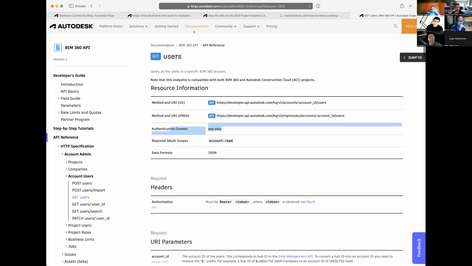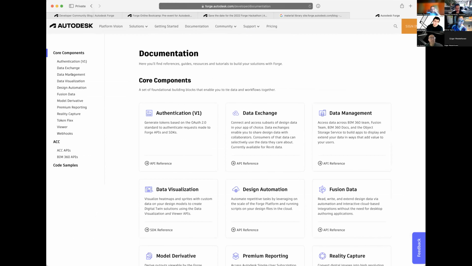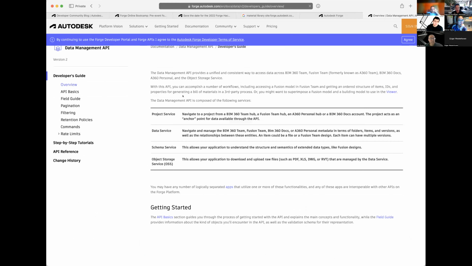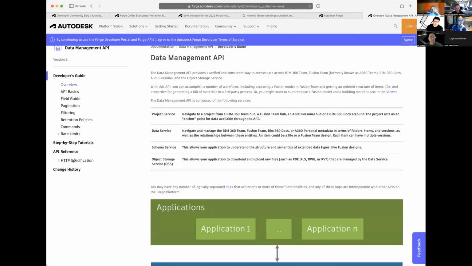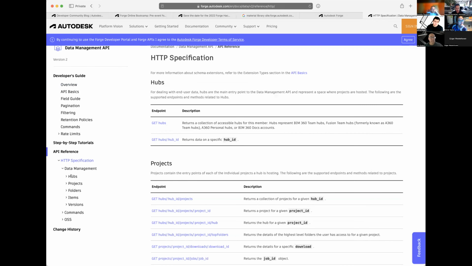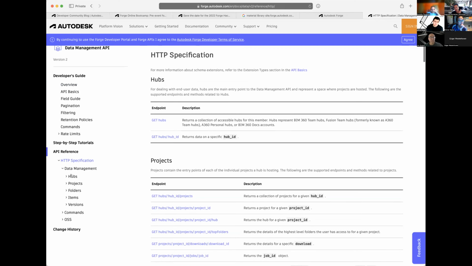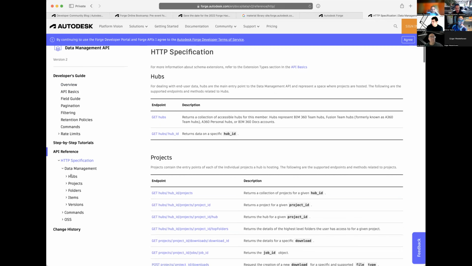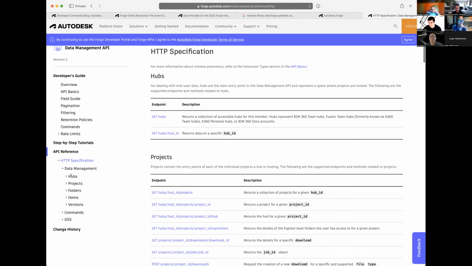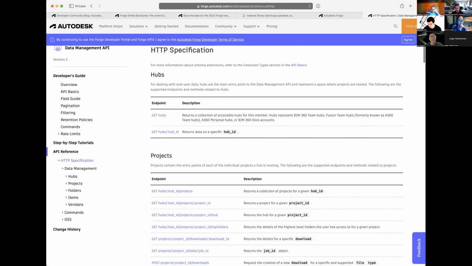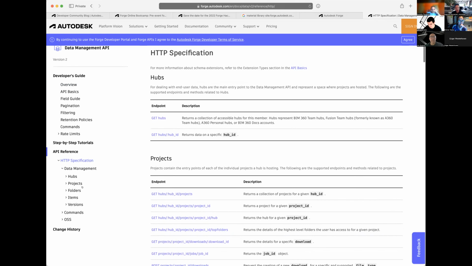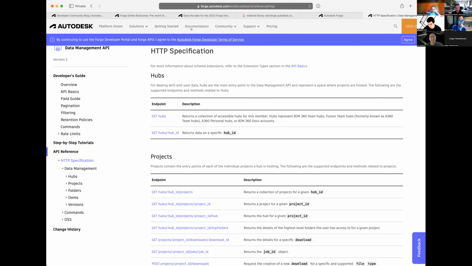Yeah. Now, the other thing you mentioned was about data management, right? So that's really about traversing the folder structure here. You go to traversing the files you have, folders and files, right? So you go to hubs, projects, folders, items, and versions, right? So this is a hierarchical view of all of that data. You can traverse the system once, and after you have some sort of index of all of your data,